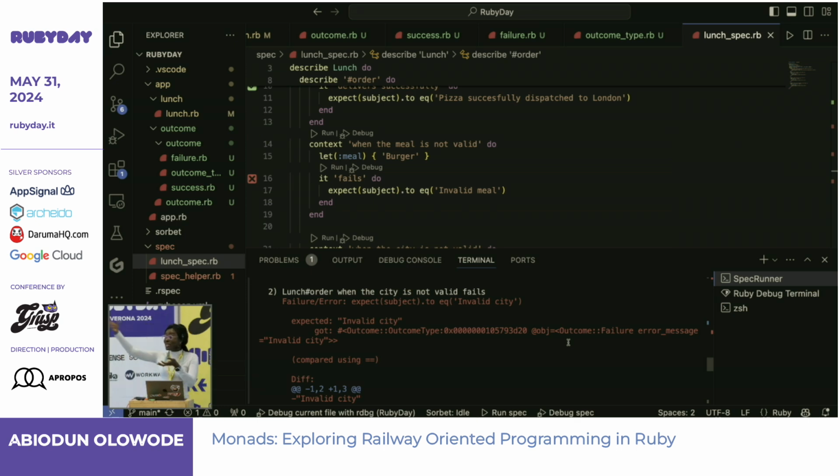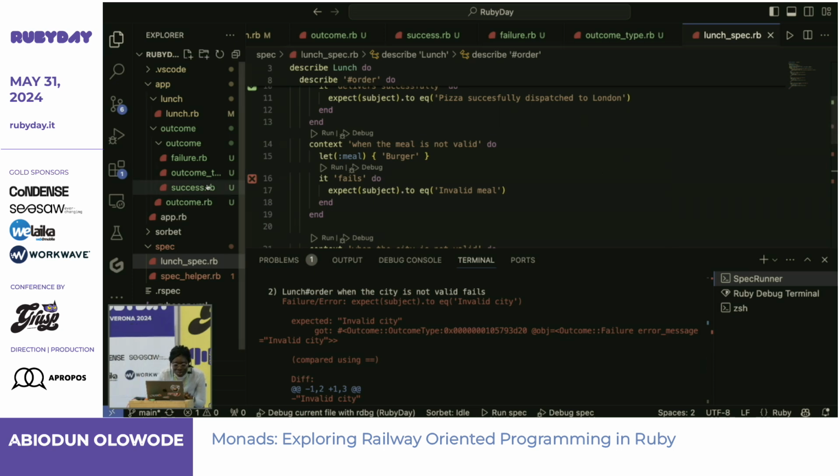But we can see that the bind works because whenever the first is actually successful, it moves to the next. When that is successful, it moves to the next. So that means in our tests, we need to be able to say,